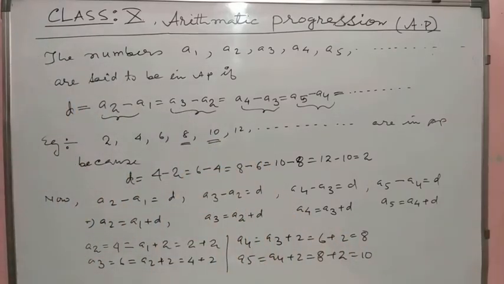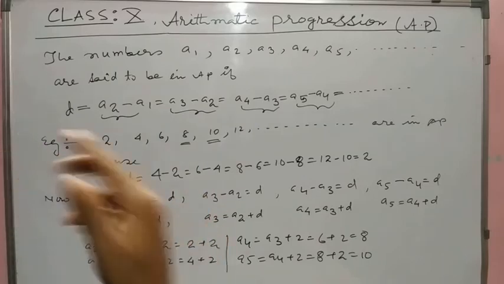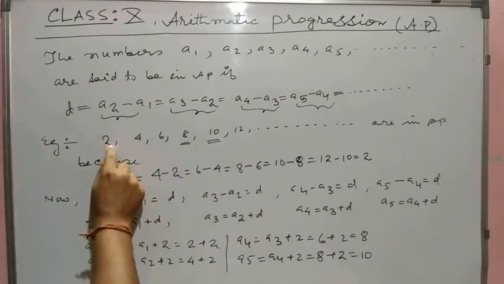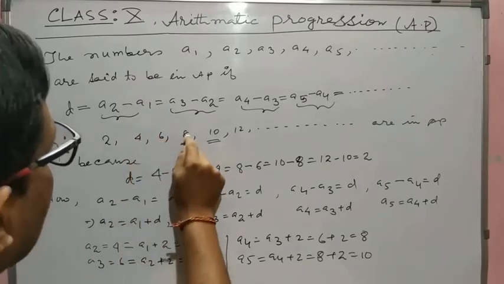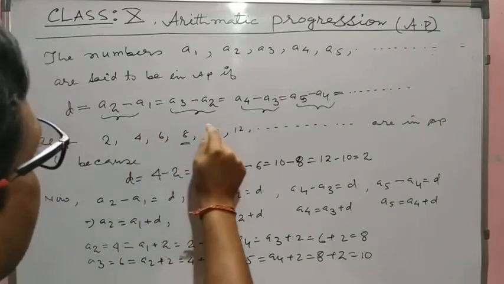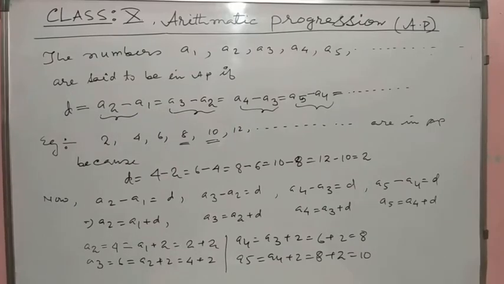So we have seen that we get the second term by adding common difference to the first term. To get the third term, we add common difference to the second term. To get the fourth term, we add common difference to the third term. Got it? That is the original definition I gave you earlier. Common difference is added here to get this one, again added here to get this one, again and again. This is the process. Okay? Got the concept of AP? I think you are clear.